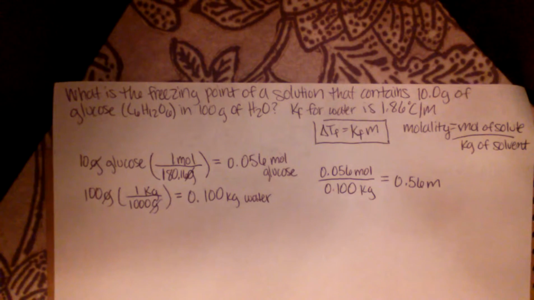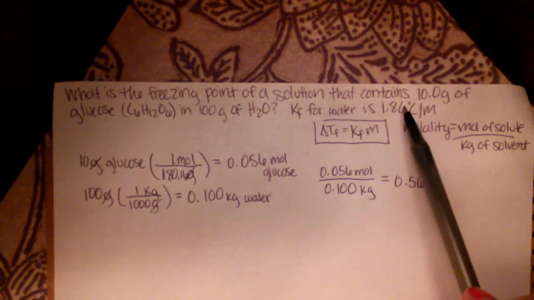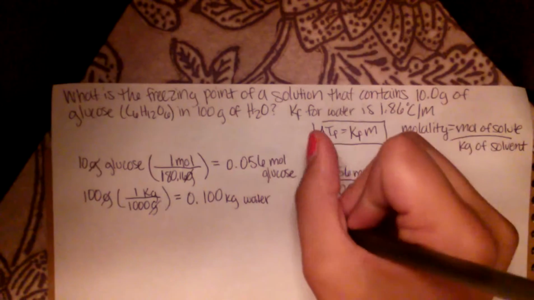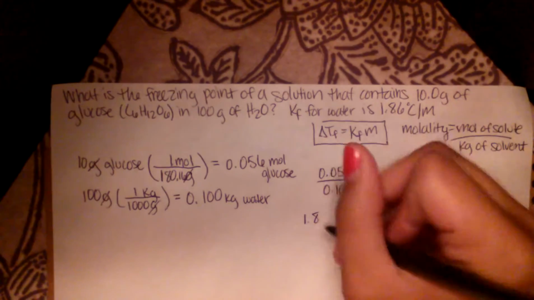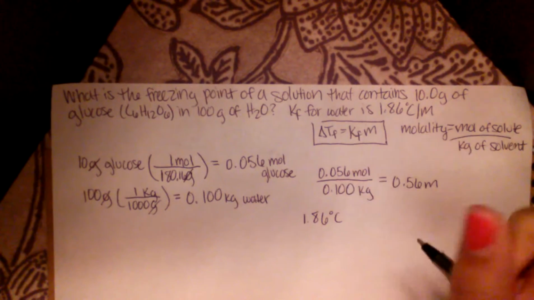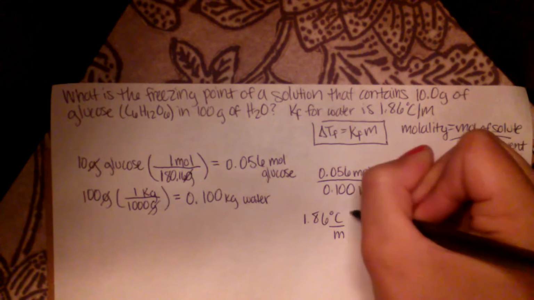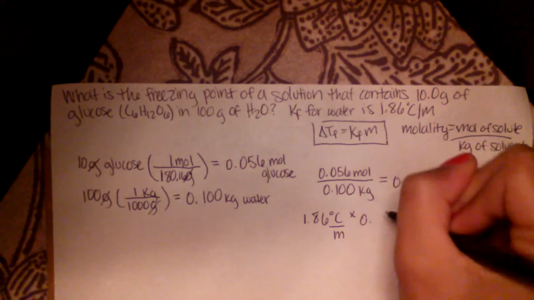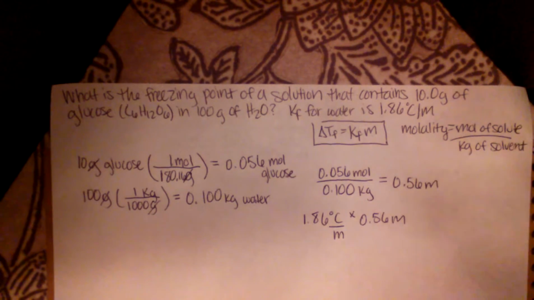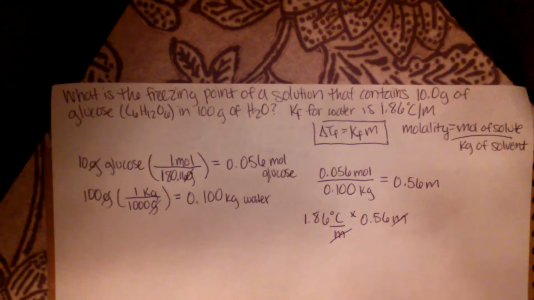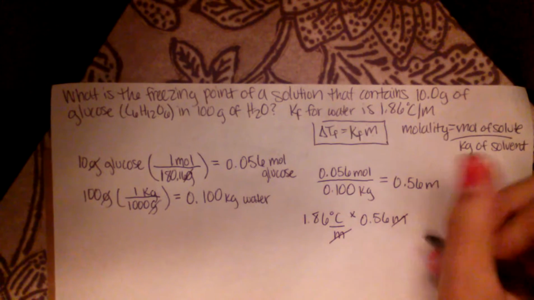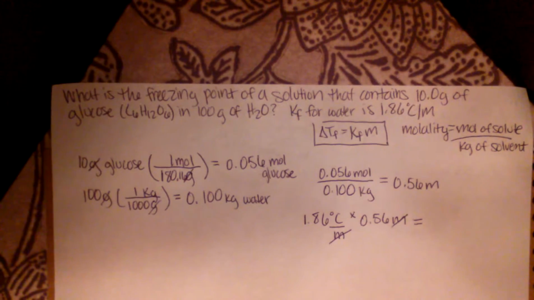So basically, to find the change in temperature, we just multiply our molality times the Kf. And I find it always important to line up our units so you can cancel them out. So molalities cancel and you're left with degrees Celsius. And when you multiply that, you then get